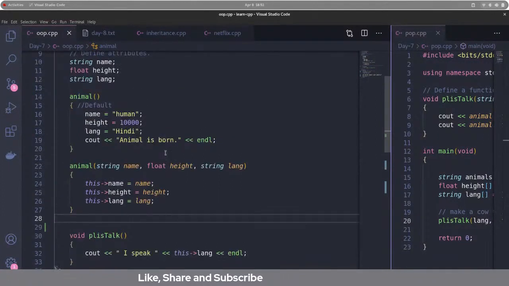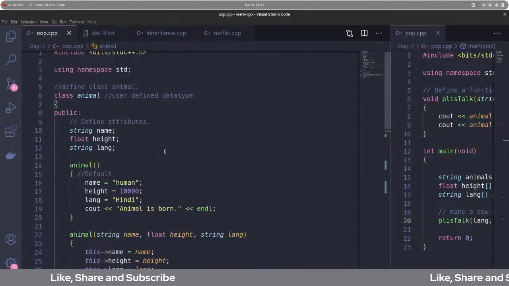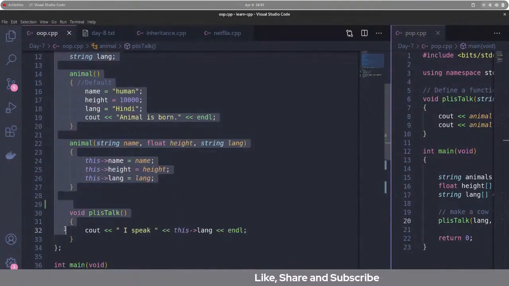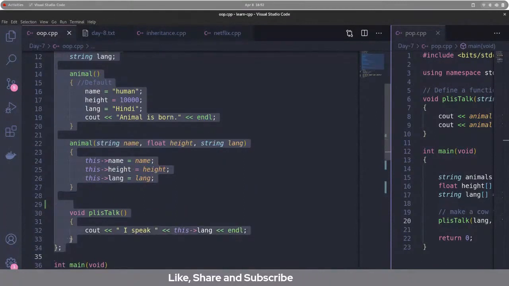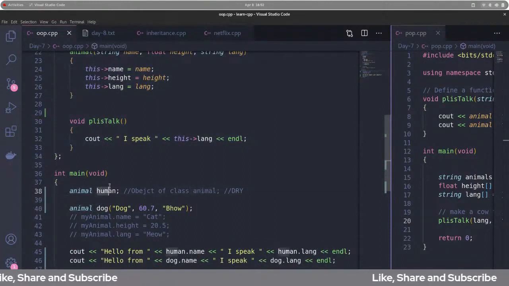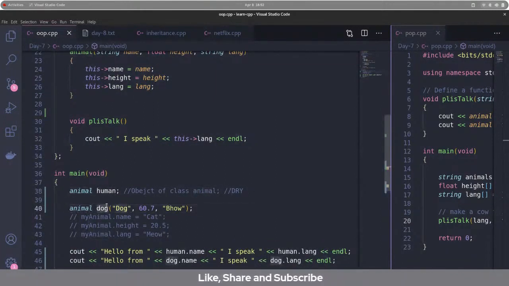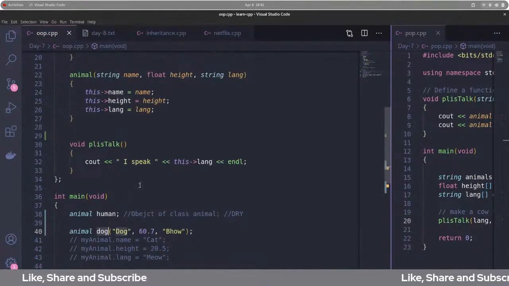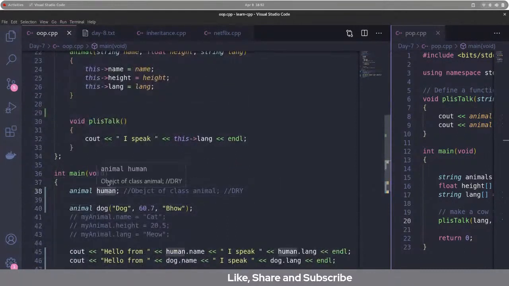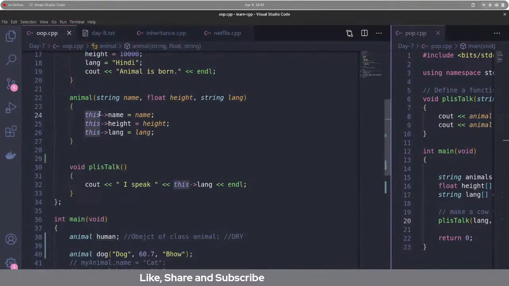So similarly, we have a class here which defines how everything that belongs to it should be. This is the plan. Now the class doesn't care who is using it to create objects. Like we use the class animal to create an object human. We use the class animal to create an object dog. But the class doesn't care who is using it. So to specifically tell the class that right now dog is going to use it, right now human is going to use it, we use this. This tells the class,